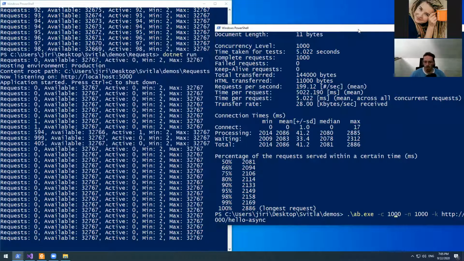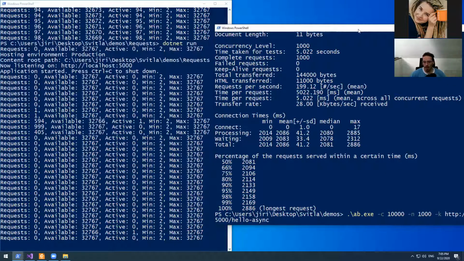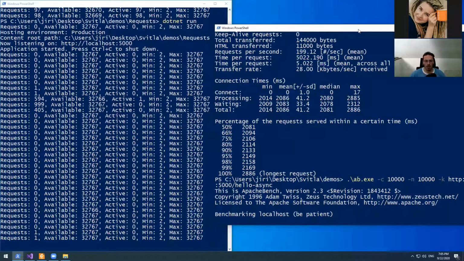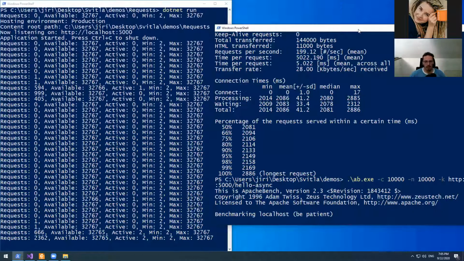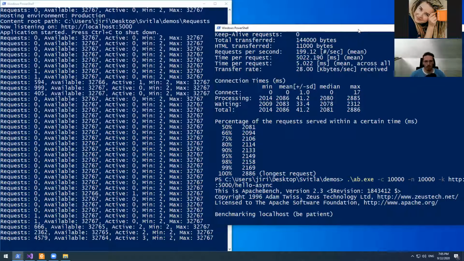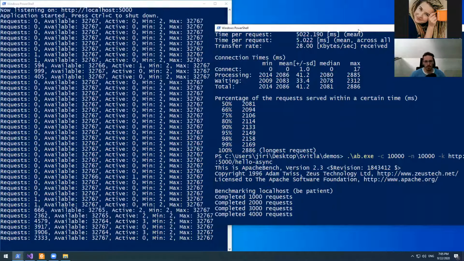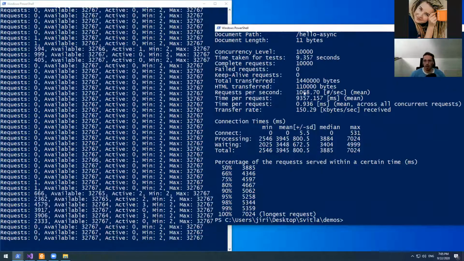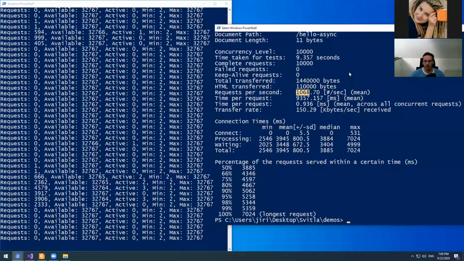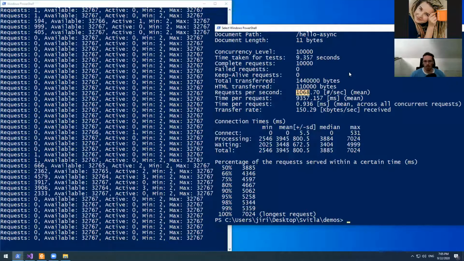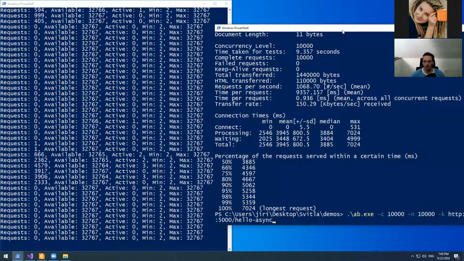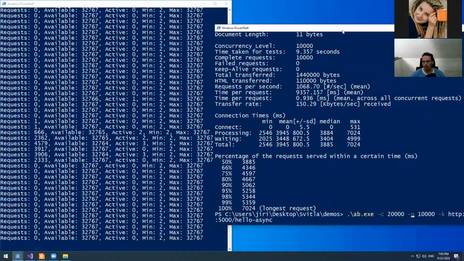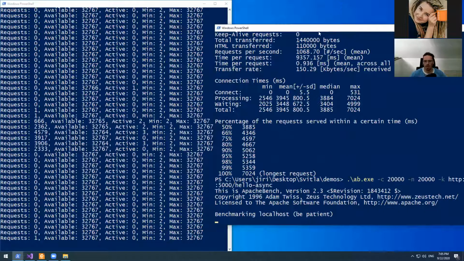So I will do 10,000 over 10,000. Let's try again. 666, 2,362, 4,000, 3,000, and we are done. And now I was able to handle 1,068 requests per second. And it was done in no time, it took a few seconds. What I can do is push it harder, right? Like 20,000. So again,